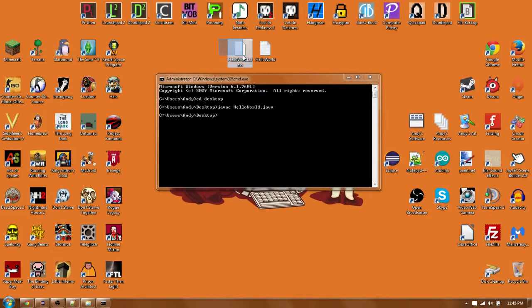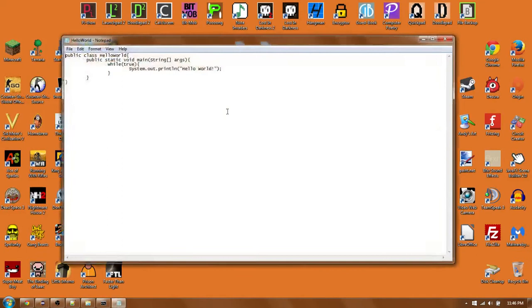The class file is the compiled finished program. Now I had no errors in my code, so it compiled perfectly fine. But if the compiler had an error in the code and the code was not correct or had a syntax, like a grammar problem, if you want to call syntax grammar, if there was an error at all in here,